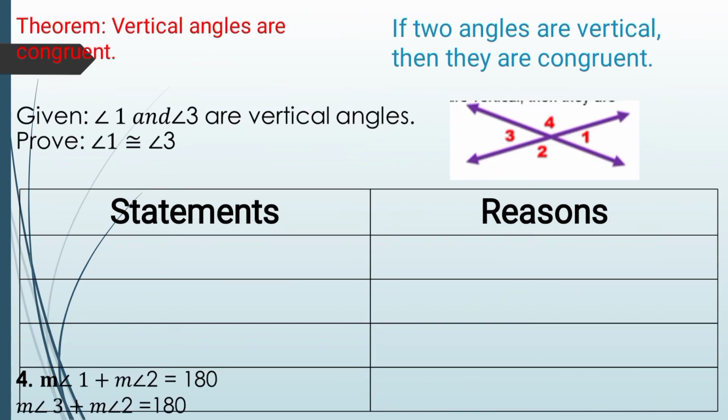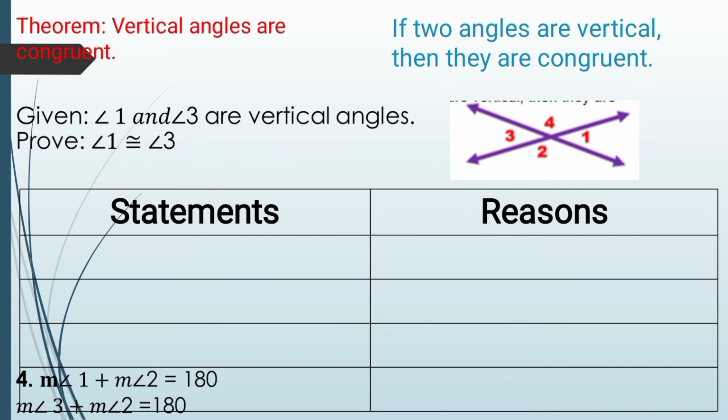Now, we are going to prove a certain theorem, and the theorem is: vertical angles are congruent. So we can write the statement as an if-then so that we can easily understand what we are proving. So if two angles are vertical, then they are congruent. The given is angle 1 and angle 3 are vertical angles. So look at the picture. We have two intersecting lines there, and we need to prove that angle 1 and angle 3 are